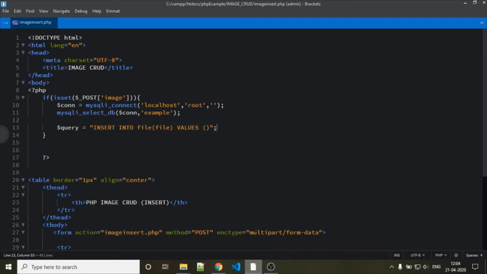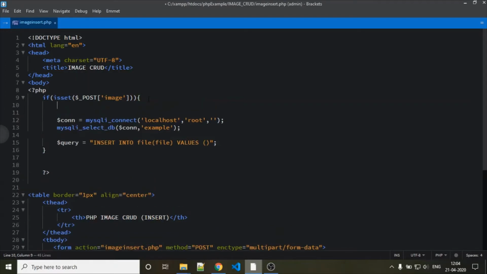We are storing it in one variable called file. If the input type is text, we use $_POST. If the input type is file, we use $_FILES. In PHP, $_FILES is a two-dimensional associative array, a super global array, of items which are being uploaded by the HTTP POST method.